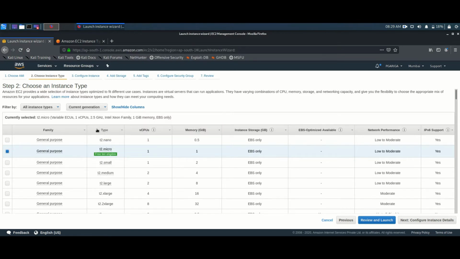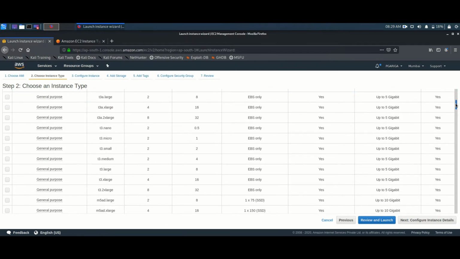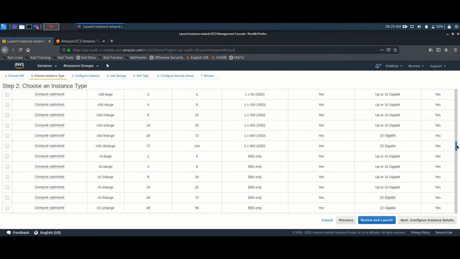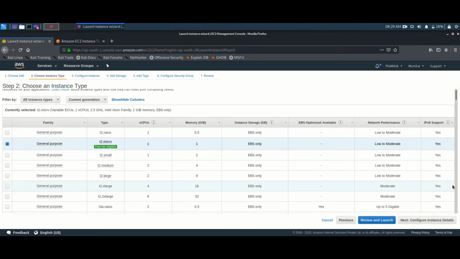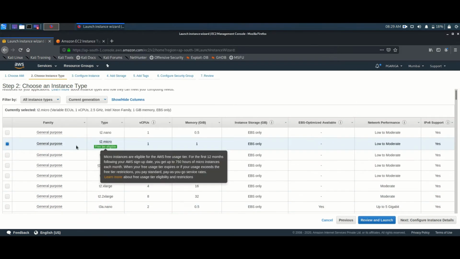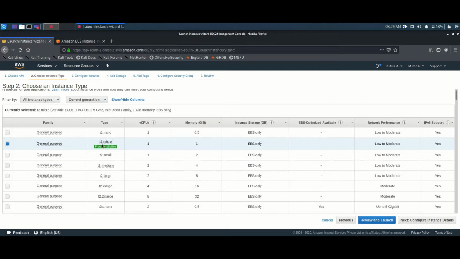You can see here we have a lot of instance options over here. So these many instance options we have. What exactly is used, I will show you in coming few seconds. So as of now I'm selecting free trial eligible, which is T2.micro, which has 1 core CPU, 1 gig of RAM. And what is EBS, Elastic Block Store? I will show you what is Elastic Block Store in coming videos. We have a big lecture on EBS.